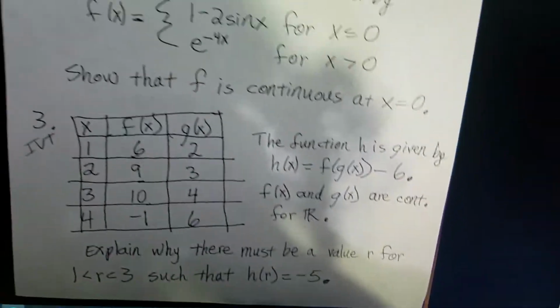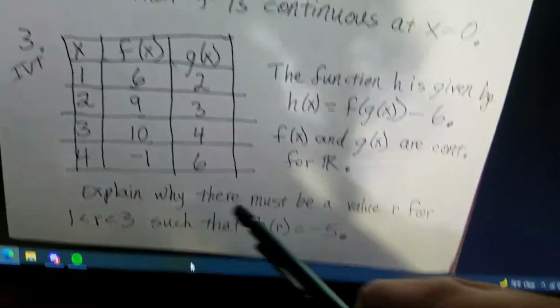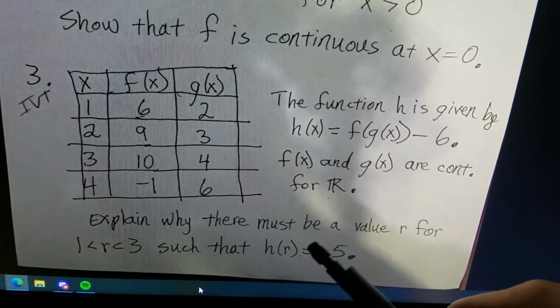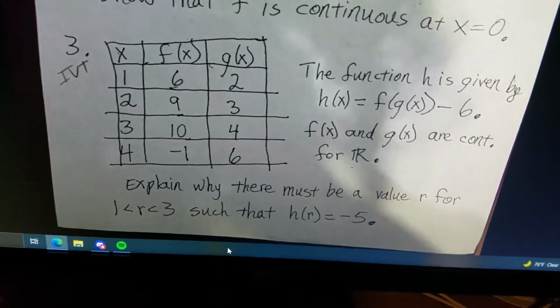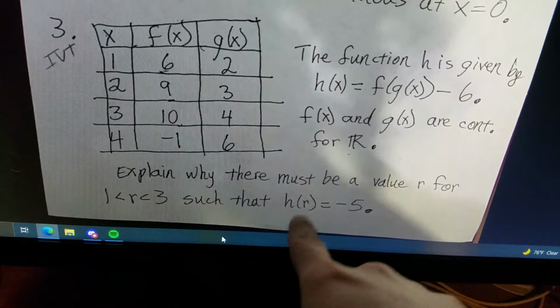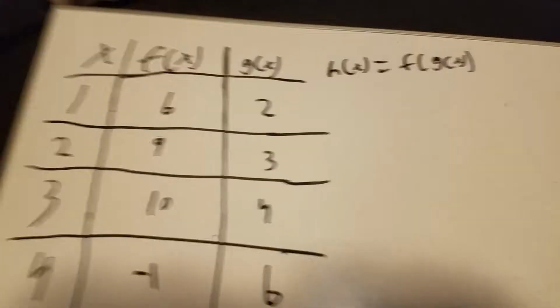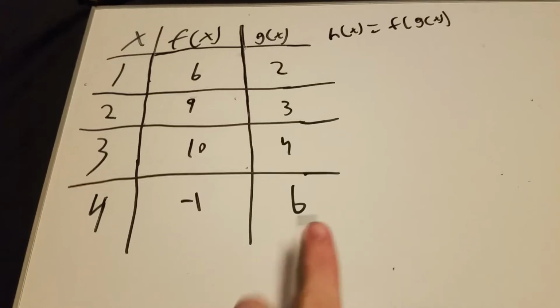So basically, for number 3, you're going to prove that at some point, it's going to cross through y equals -5. Okay, so you basically just use the function to prove that there has to be a point where h of r equals 5 or -5. So I have to erase this. So it wants us to use IVT to prove that